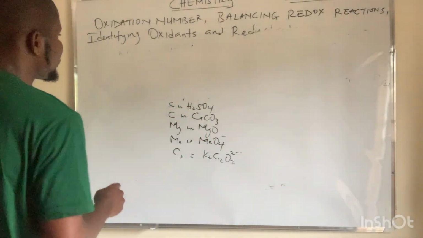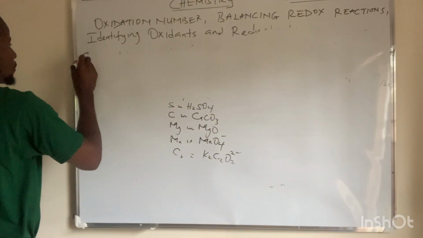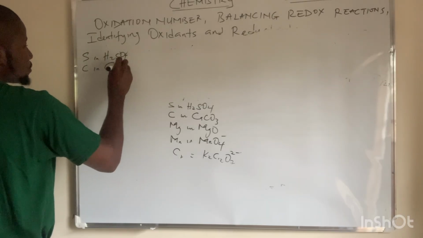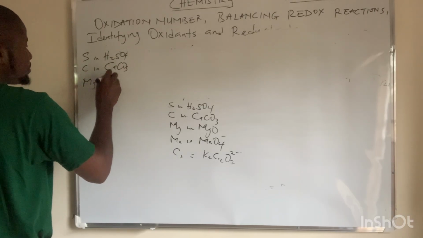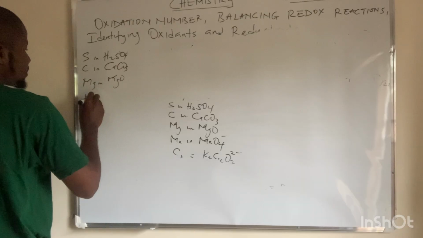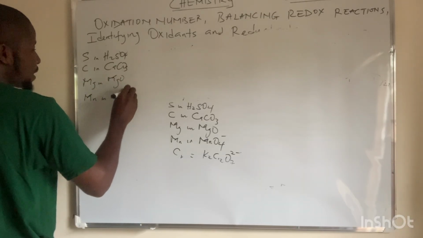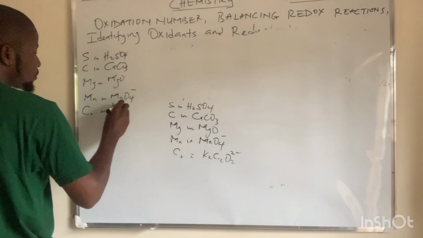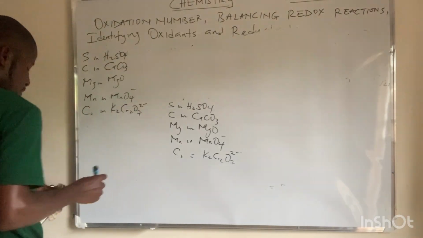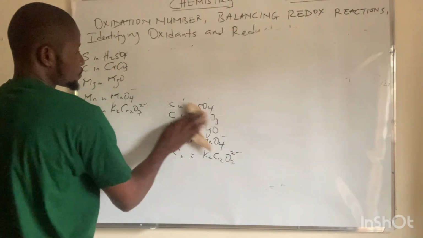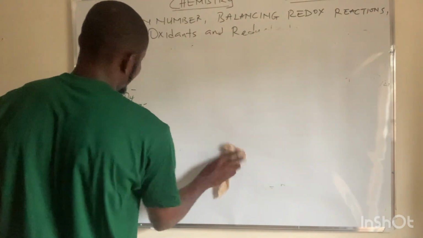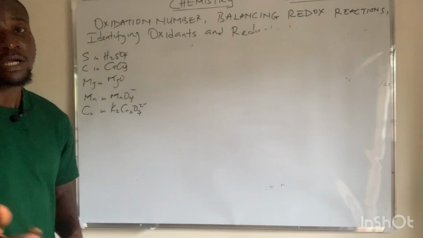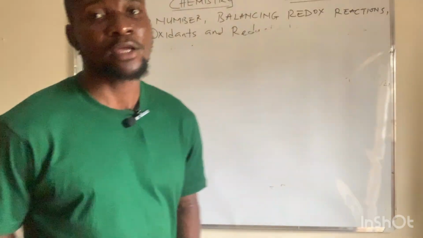Okay, maybe I should write it here. Sulfur in H2SO4, calcium in CaCO3, magnesium in MgO, manganese in MnO4 minus, and Cr, that's chromium, in K2Cr2O7 2 minus. Now, very easy to solve. You might see something like this in your JAM examination 2026, and this is how you